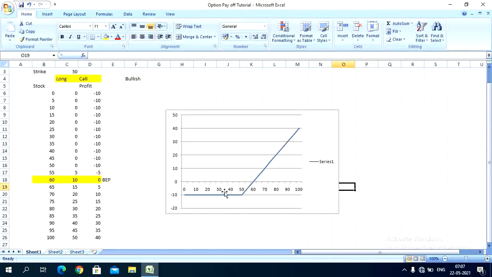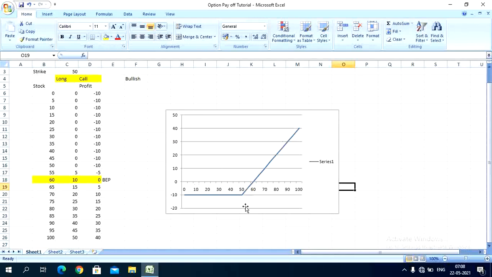But you have to remember that the call option or long call will start from the negative, because you have already paid a premium of 10 rupees. So it would start like that, from the negative side. So from this side, towards this side will be loss, and if the price will be increasing, you will be getting a profit. So the profit side is open, profit side is unlimited. If the price goes up to, let's say, 5,000, 10,000, whatever it may be, there is no upper limit, but the lower limit is 0.